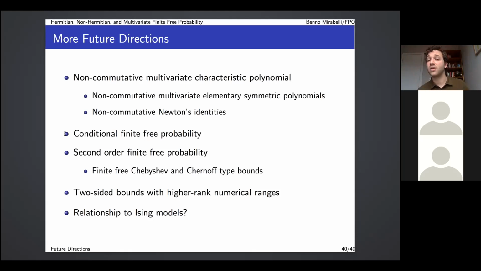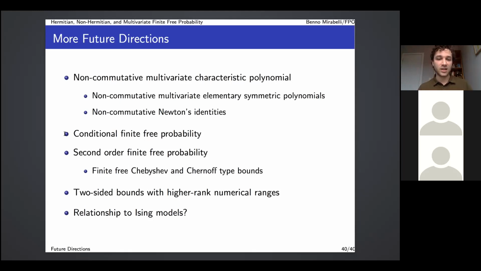Also, talking about these Ramanujan graphs, currently they can only bound the largest root, and they have trouble simultaneously bounding the smallest root. But using these higher rank numerical ranges that go around the whole complex plane, it's known that all the eigenvalues are always bounded inside of the largest higher rank numerical range. So maybe that could help give you two-sided bounds, especially because they have these interlacing properties.